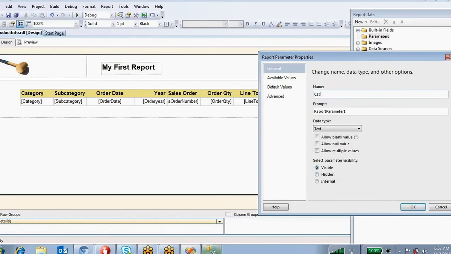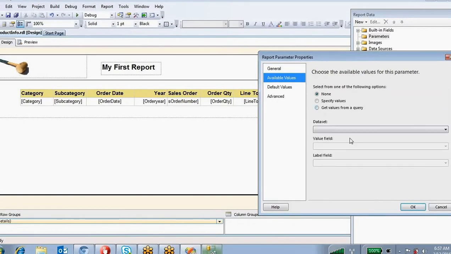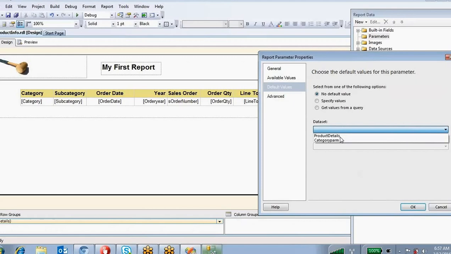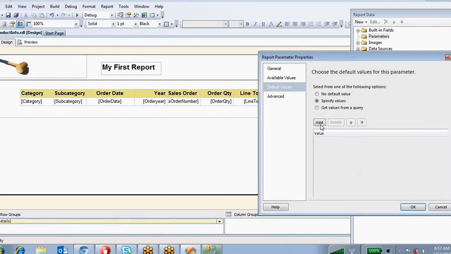The parameter name is category, and the prompt you want to show is category name. Text data type. Available values I'm going to take from the query. Specify values.